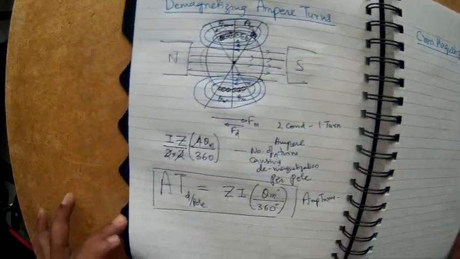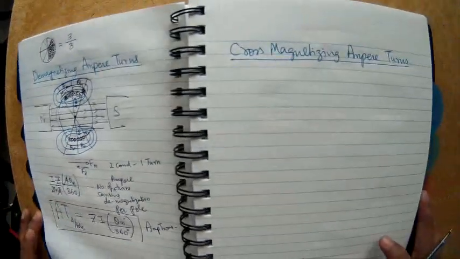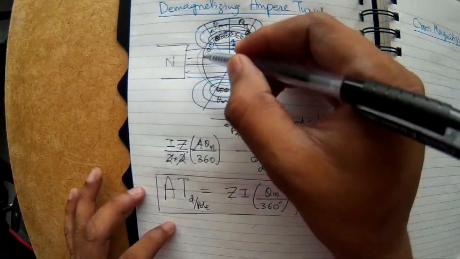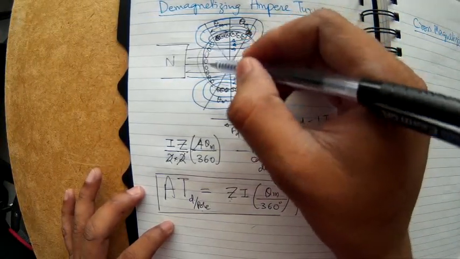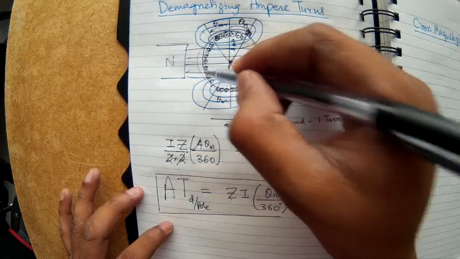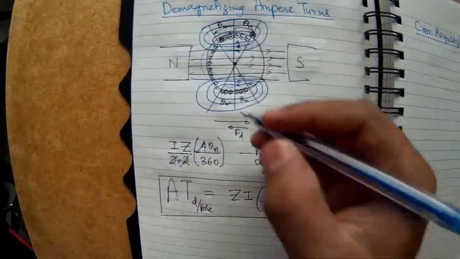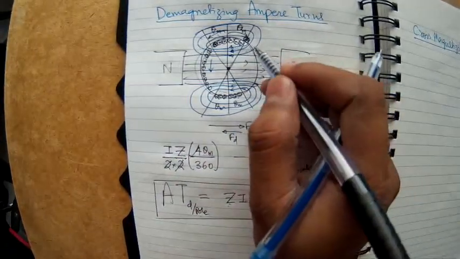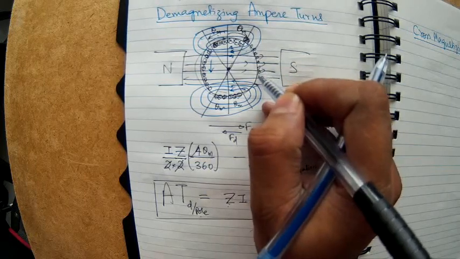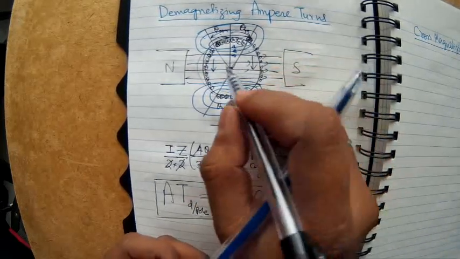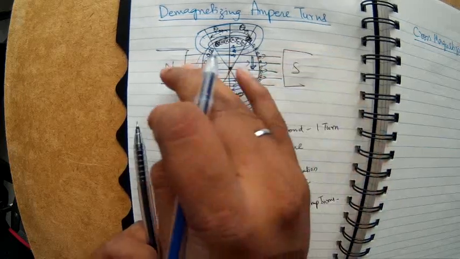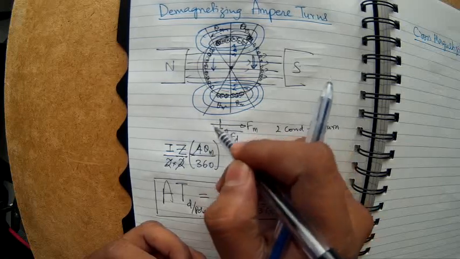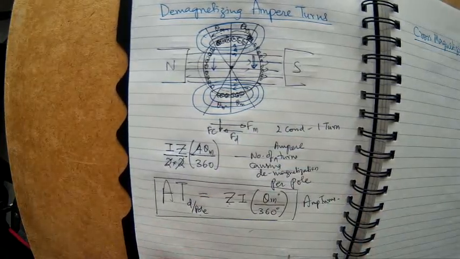Now let's calculate the cross magnetizing ampere turns. This was demagnetizing. It is very easy. Take whatever are the remaining conductors. Let me use the same figure. The remaining conductors will have a magnetic field which is going down. Similarly, the conductors which are here circulate a magnetic field which also goes down inside the armature. So this magnetic field is crossing the main magnetic field. I draw it here as FC, the cross magnetizing field.